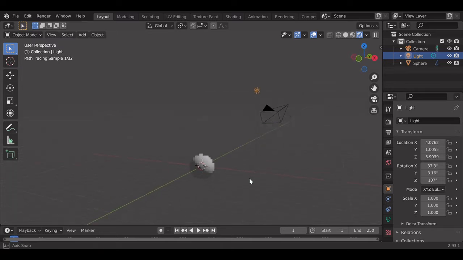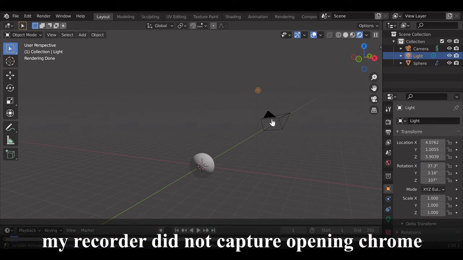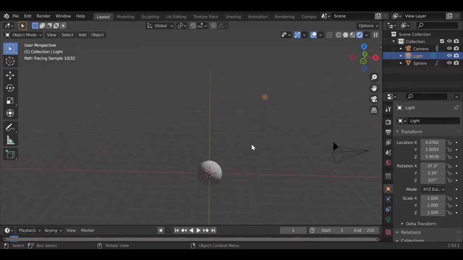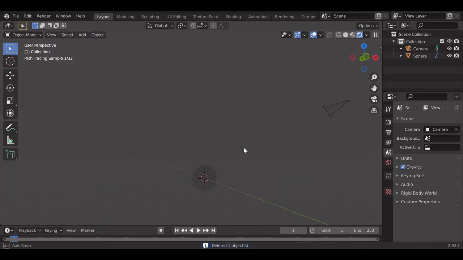Now to add an HDRI, you could go on to Chrome or whatever web browser you're using and go to polyhaven.com. It's an online site where you can get HDRIs for free. You could go over there and download thousands of HDRIs. You can just download one, whichever you like, and come back to Blender. I have a few downloaded already. So now, how do we add an HDRI file? I'm just going to go ahead and delete this light. As you can see, once you delete the light, since there is no other light in the background, it becomes completely dark. So I'm just going to go and add an HDRI.